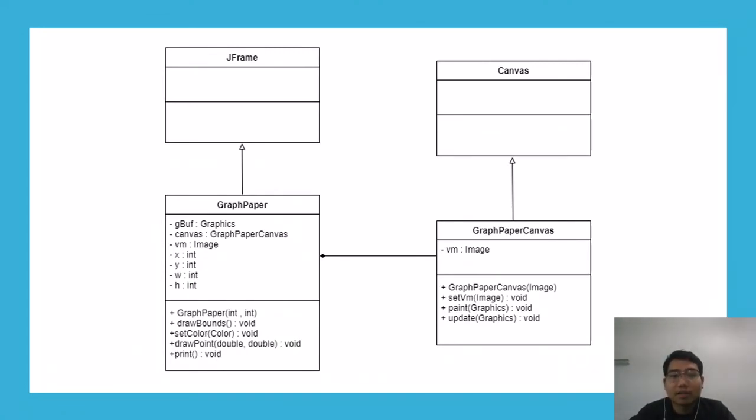As you can see, GraphPaper extends JFrame, so we just create a class whose title is JFrame. It is the same with Canvas, because its attributes are like JFrame's. Alright, so for the next